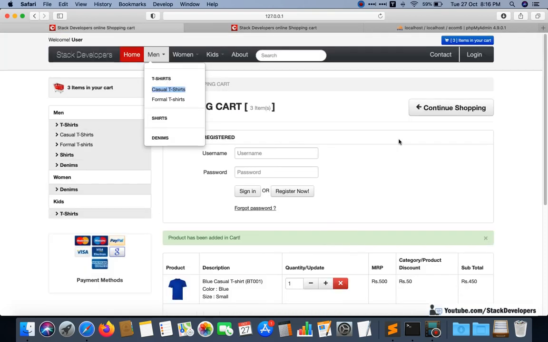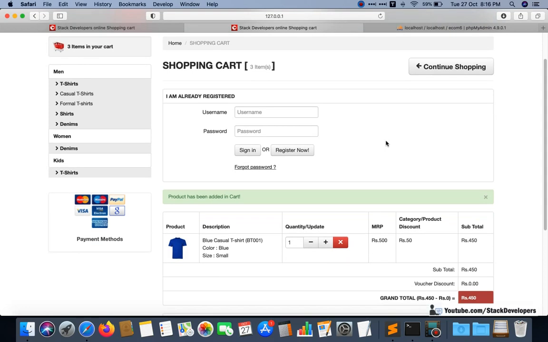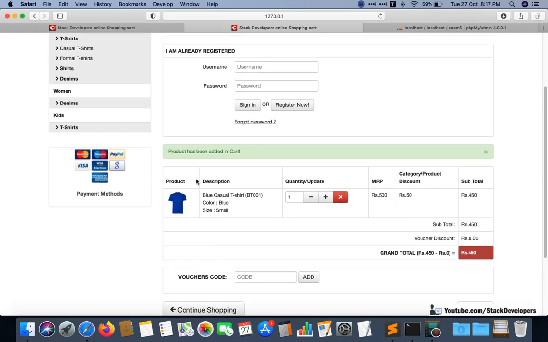Now we are going to integrate Ajax functionality for updating the quantity of the products, for removing the items, or for applying the coupon. Everything we are going to do in Ajax in this part. Okay, so let's start working on this.